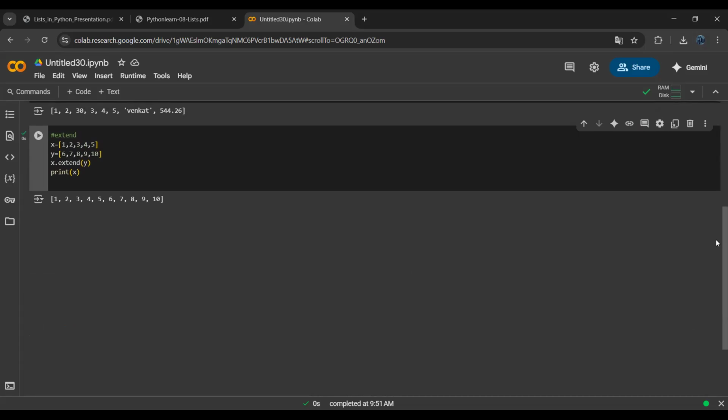So see, all the elements are converted into a single list, and these y list elements are added to the end of the x into a single list. So this is what the extend function will do. So next method,